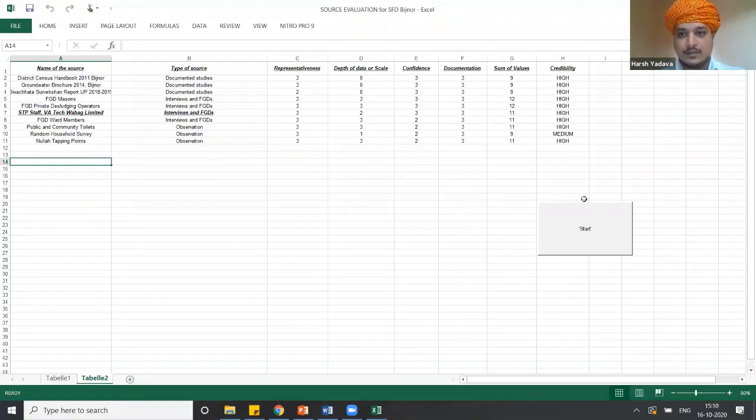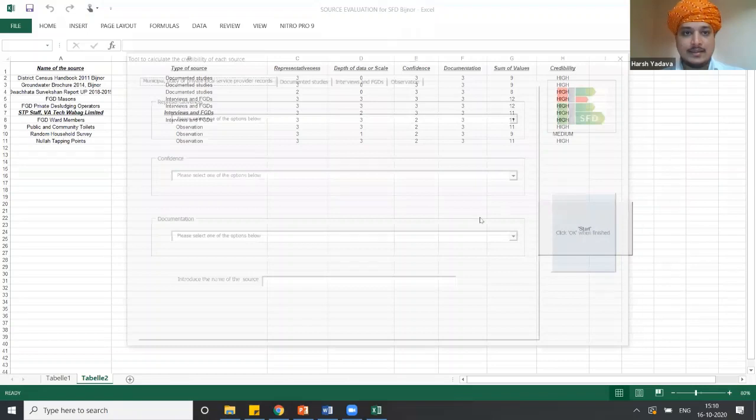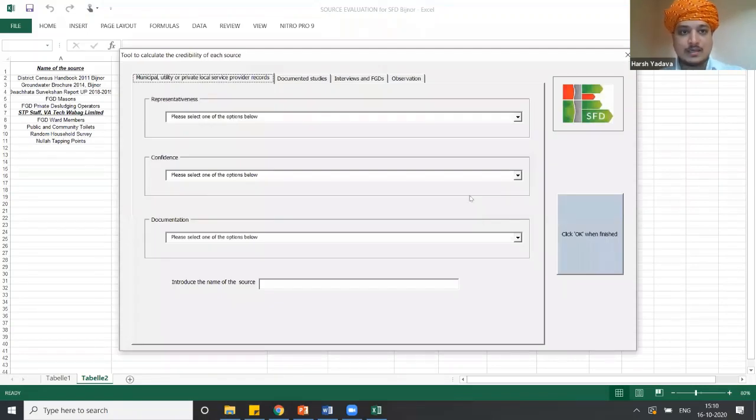What I need to do is click this start button, and a pop-up comes out which has 4 tabs. These 4 tabs define what kind of data, report or source you are trying to upload on the Excel file.